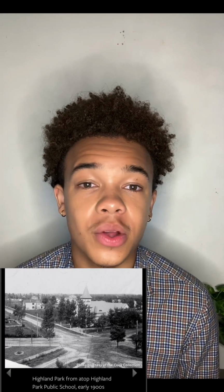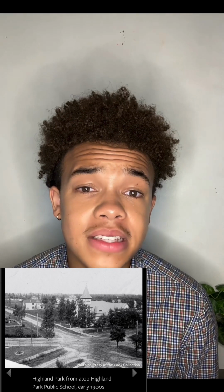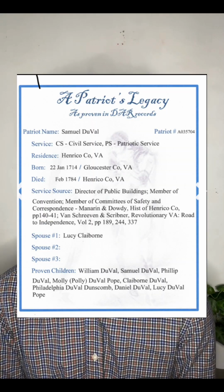In its earlier days, Highland Park's southern tip, also referred to as Chestnut Hill Plateau, which was an early name for the neighborhood, was where middle-class and upper-class citizens of Richmond drove streetcars, and the location was considered the suburb of the city of Richmond. The development of this land, initially a farm owned by prominent Richmond resident Samuel Duval in 1714, did not truly